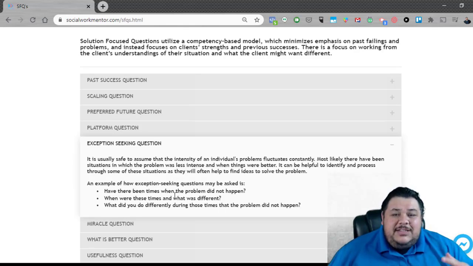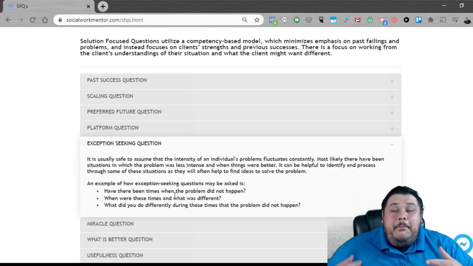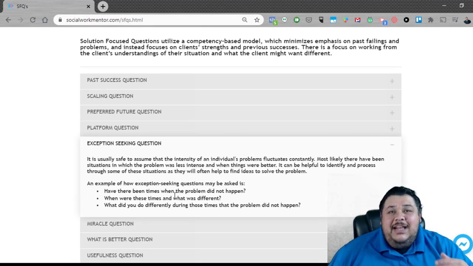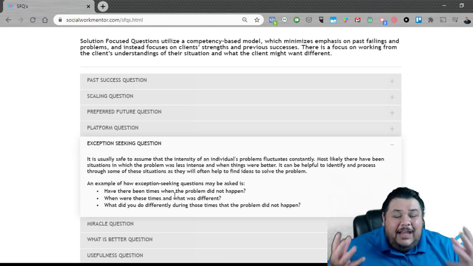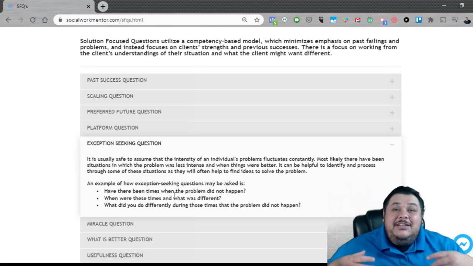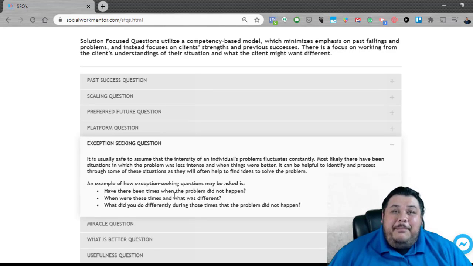So this is an attempt to get them to specifically realize that there are actions that they can actually take to bring themselves out of their current situation. Recognizing that they have done it in the past, there were actions that they were able to take to address the issue. And then ideally, what you're trying to do here is motivate them and help them understand that they still have the capacity to do this for the current situation.